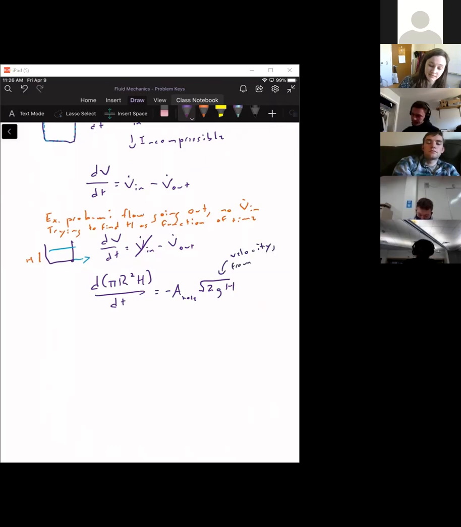I'm skipping it, but that's what we did: we found out that this would be the velocity at the hole from Bernoulli's. And so then we pulled out pi r squared from that, and we got pi r squared dh/dt is equal to